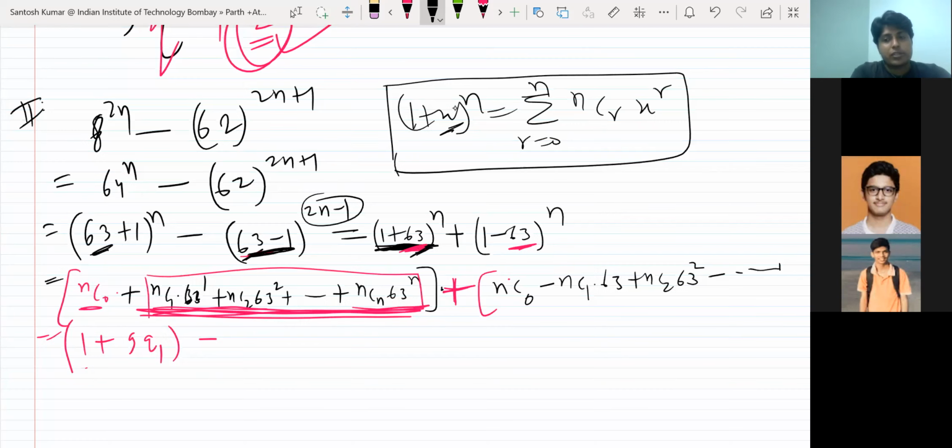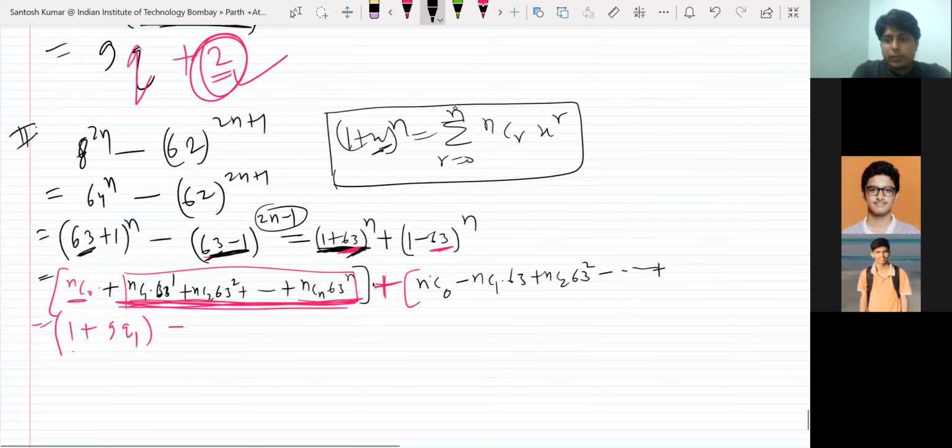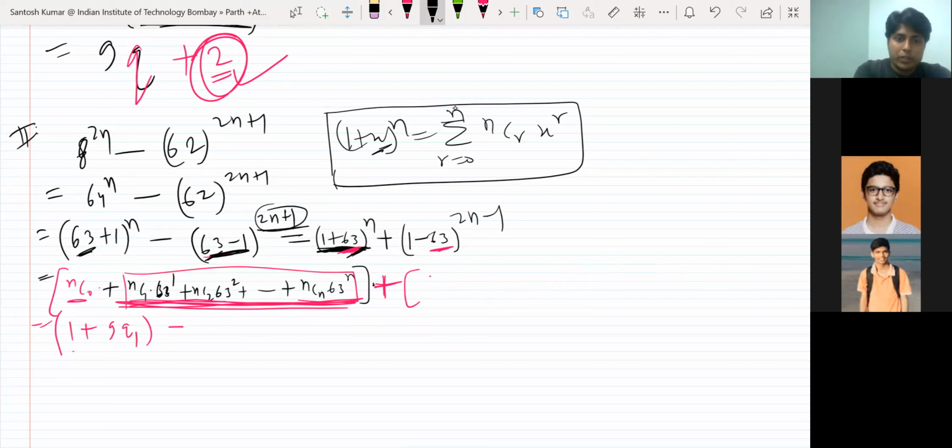It will go like last term. Okay, so last term will be, you don't know the n, so minus 1 raised to power n. Okay, sorry, I made the power as n, but here power was 2n minus 1. Sorry, so you didn't notice this. Power is 2n minus 1. Okay, so in place of n, no matter, in place of n, what will happen? In place of n, you will take 2n minus 1. So what I'm doing, it's a 2n plus 1. So 2n plus 1, itself odd.